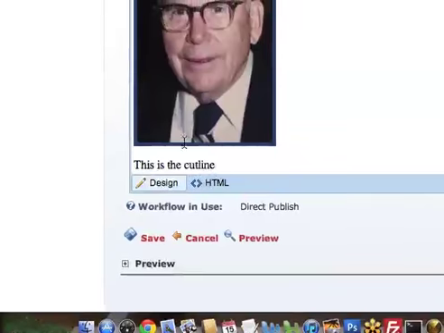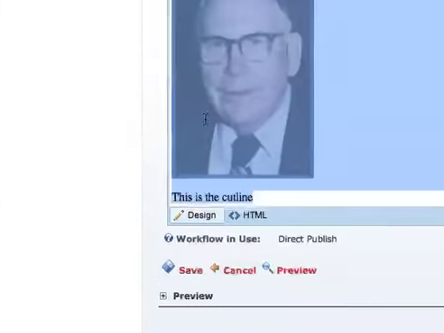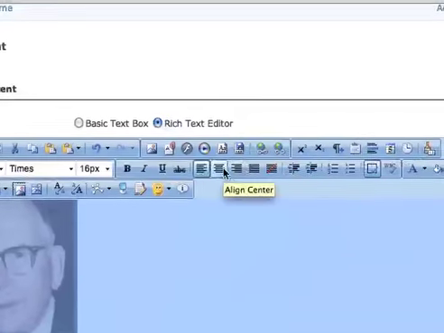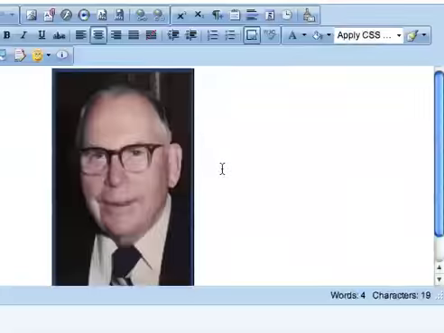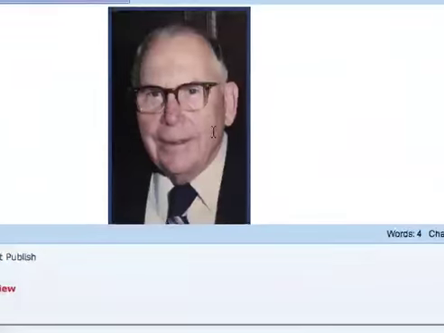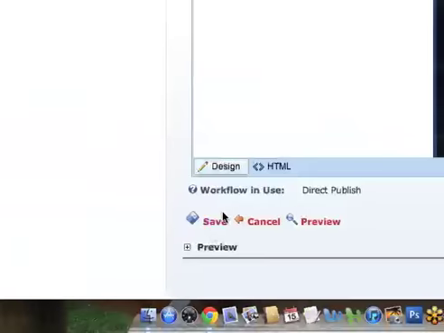Let's say you wanted to center all this. You could simply highlight it and choose the center option up here just by clicking Align Center, and then it's all aligned in the middle. You notice how there's no extra spaces below it, no extra spaces above it. Click Save,